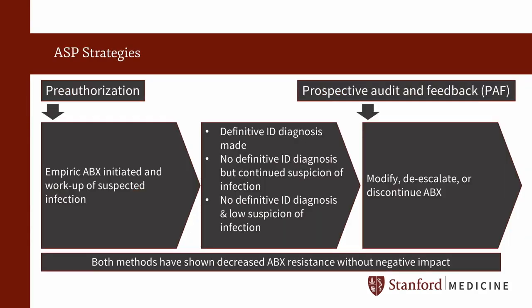Antibiotic oversight is the foundation of any stewardship program and should include one or both of the following strategies: pre-authorization or prospective audit and feedback. Pre-authorization requires clinicians to obtain approval for select antimicrobials before they are prescribed. Prospective audit and feedback involves trained staff, usually ID pharmacists and/or physicians, who review antimicrobial orders after they are placed and provide verbal or written recommendations to the primary team. Both methods have shown decreased antibiotic use and reduced antibiotic resistance without negatively impacting patient care.